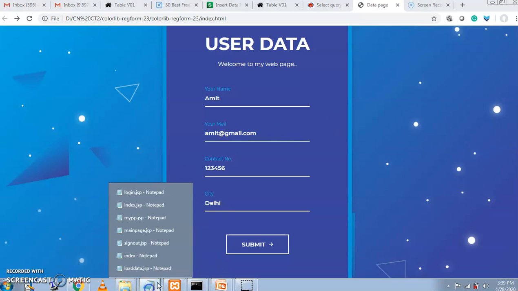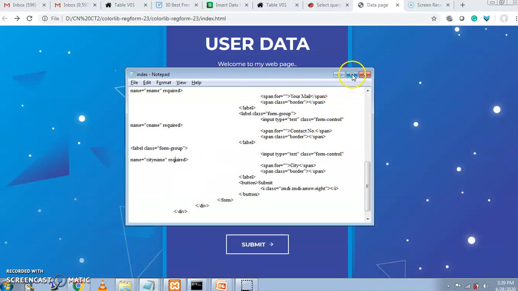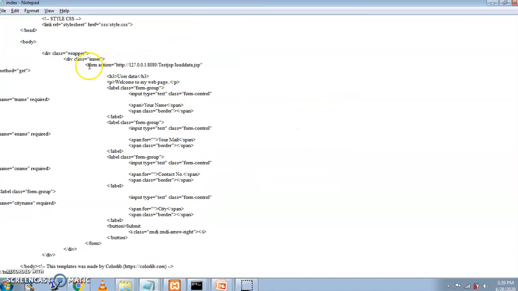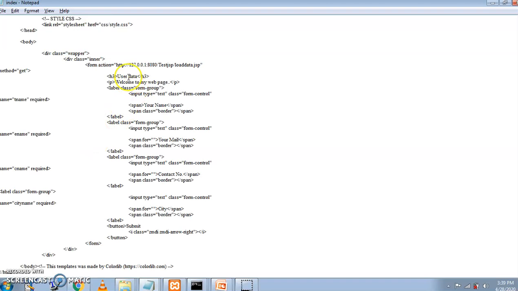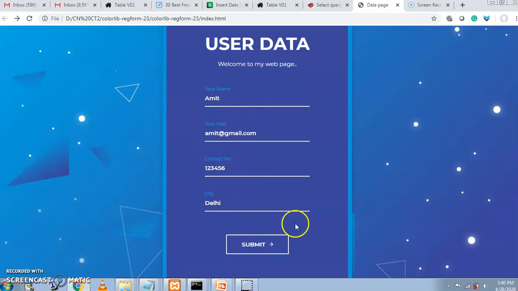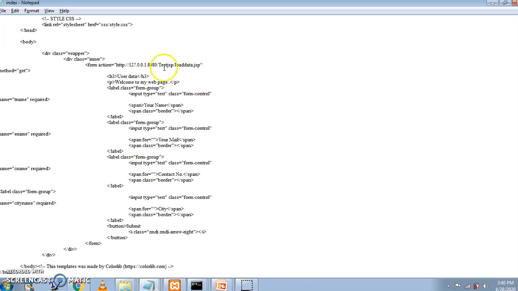I'm just showing some very basic code of this. The file name is index.html, so you can see it here. I'm putting in some changes. First, find the form tag. Once I click on this submit button, the data will be stored on another page. So I'm creating a loaddata.jsp. It means whatever values I feed in here, once I click the submit button, will be accessible on this particular page, which is kept under the test.jsp,